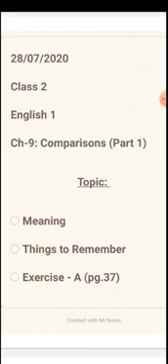Means when we compare people for their goodness and badness, or for anything, for their quality, we sometimes say my handwriting is better than yours, I have a beautiful bag, I have got more marks than you. So this kind of comparison we do.